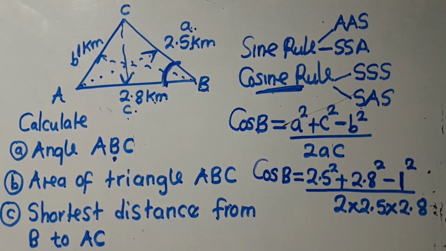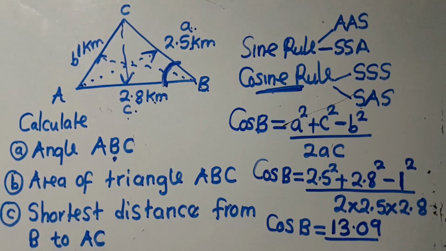So you need to make sure that you know this particular formula, where I'm going to say that cos B is now equal to what? I punch what is on top. You get your calculator, then you begin to punch, where you are going to say 2.5 squared plus 2.8 squared minus 1 squared. What answer are you getting there? We are getting